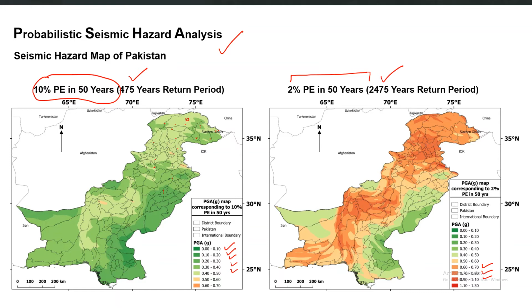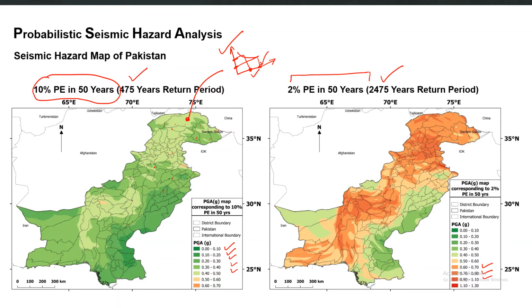So you will have maybe hundreds of sites located in the study area. For each site, you will have a hazard curve, and from that hazard curve, corresponding to one number, which is the 10% probability of exceedance in 50 years, you get the PGA value. For the same site, you change the definition, you get the 2% probability of exceedance in 50 years, a lower number, and get this higher PGA value for the same site.